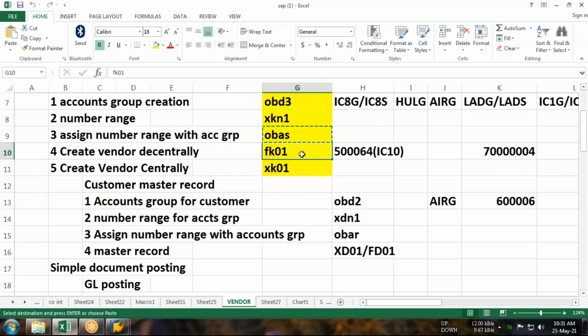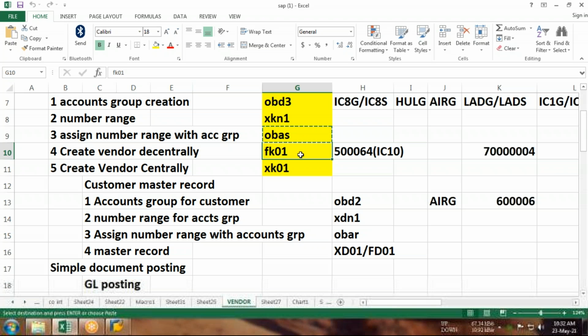So I repeat, boys and girls, whenever you get a code like 01, 02, 03, what does it mean? 01 is for creation, 02 is for alteration or edit, and 03 is for display. So once more, 01 for creation, 02 for alteration, and 03 for display. Guys, will you remember this?